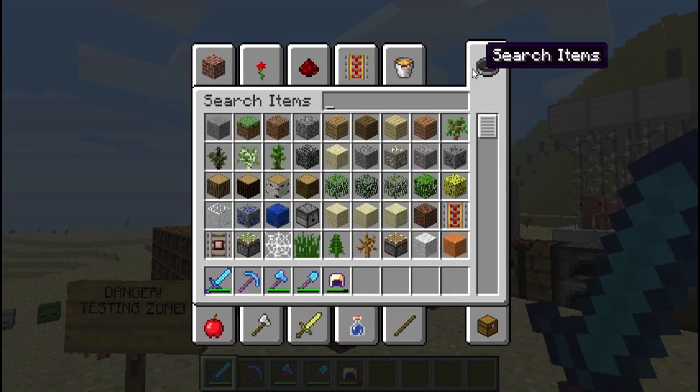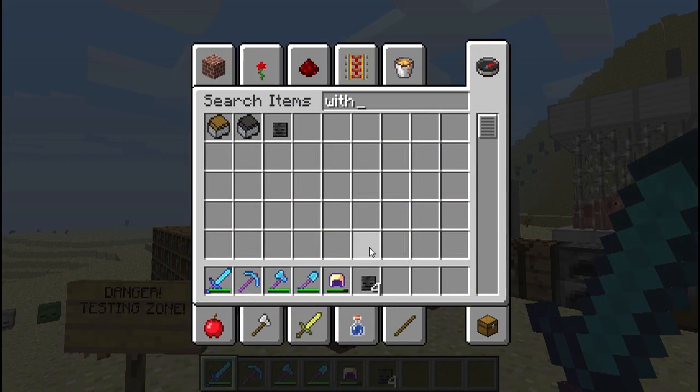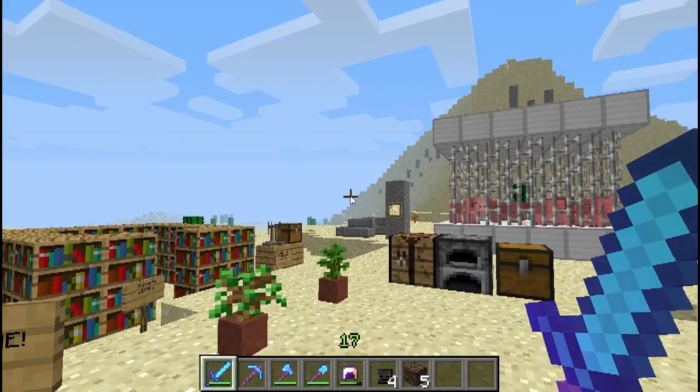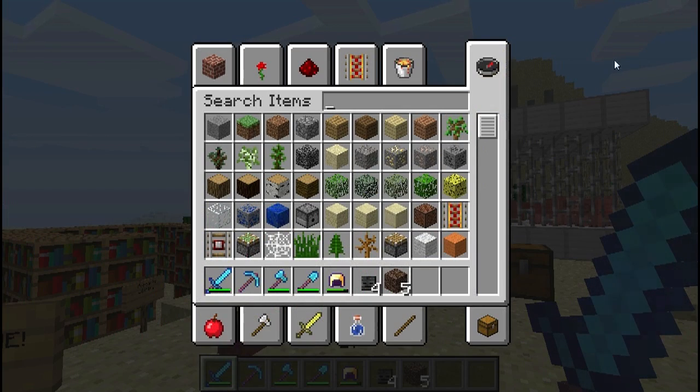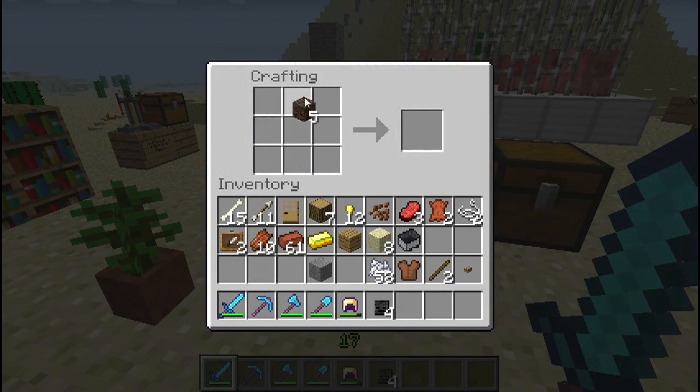At the moment it says wither skeleton skulls, and you need soul sand, so it's kind of like a nether mob, essentially. Four pieces of soul sand and three skulls on top. So I'm guessing you do this in the crafting table, in sort of a T-shaped fashion. Like that, and then...